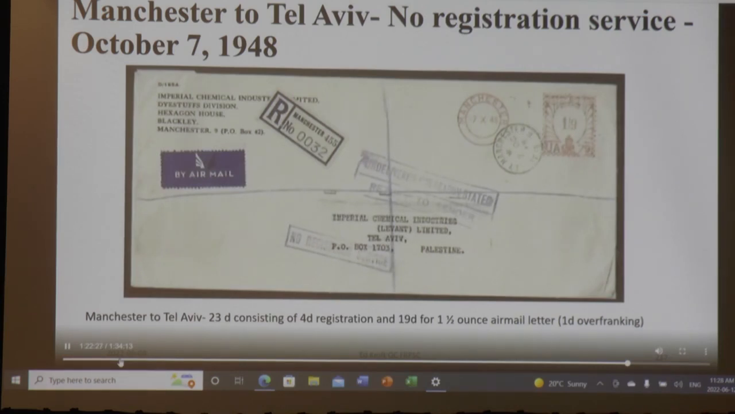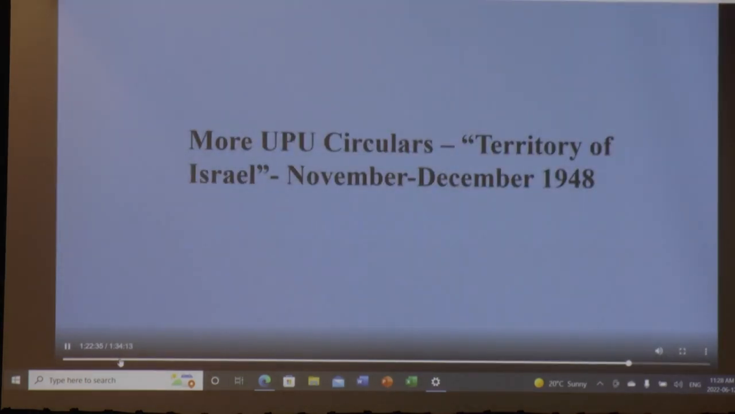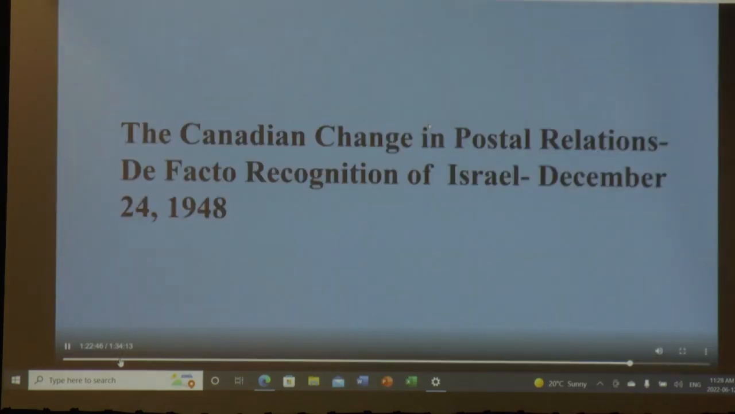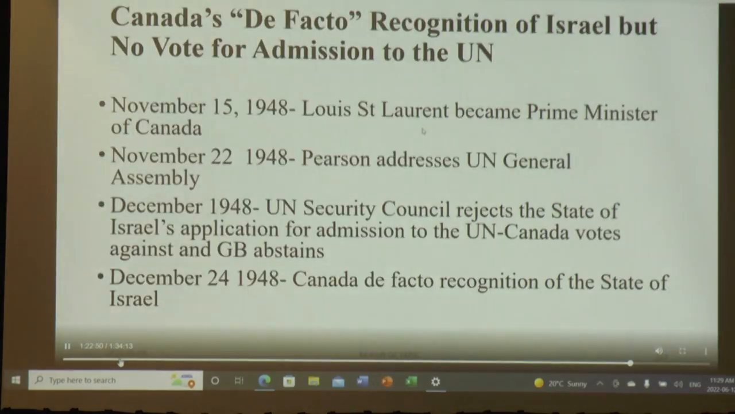Here's an example of still no registration. Here's a letter from Manchester to Tel Aviv, returned to sender because there is no registration service that's permitted. Now the UPU in November, December 1948 doesn't talk about the new state of Israel. It talks about the territory of Israel. I don't know what's going on here, but no one's really sure of what's going on until December the 24th,